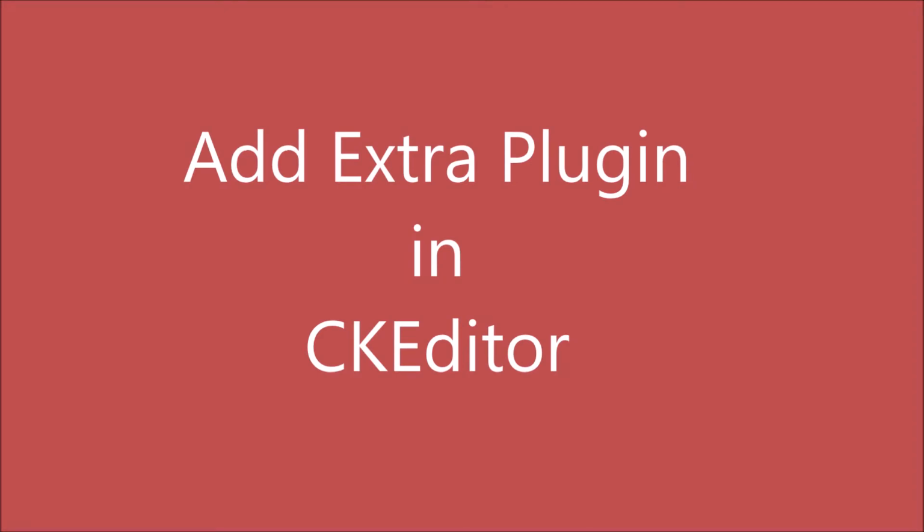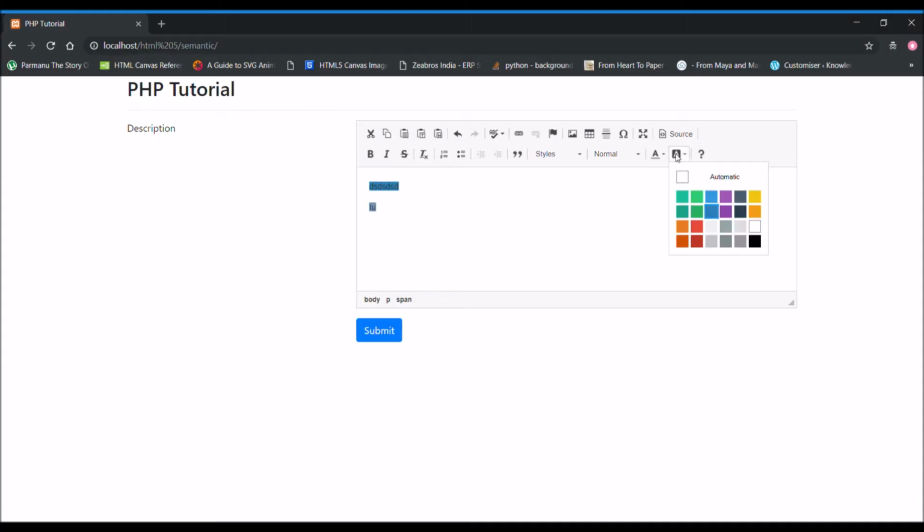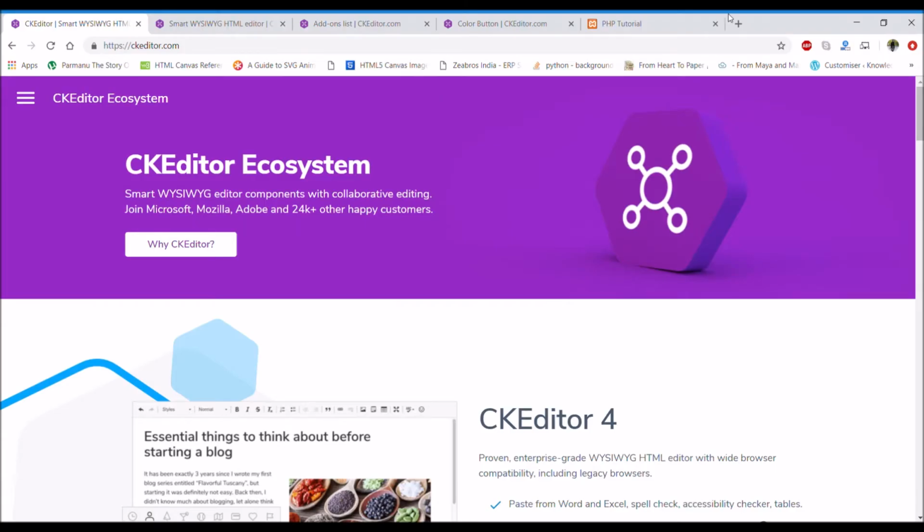Today I'm going to show you how you can add an extra plugin to CKEditor. The plugin I'm going to add today is ColorButton. So this is my text editor, and you can see the third and second last buttons for colors. One is for text color and another is for background color. These two buttons will be added through my ColorButton plugin, and on the official CKEditor website you